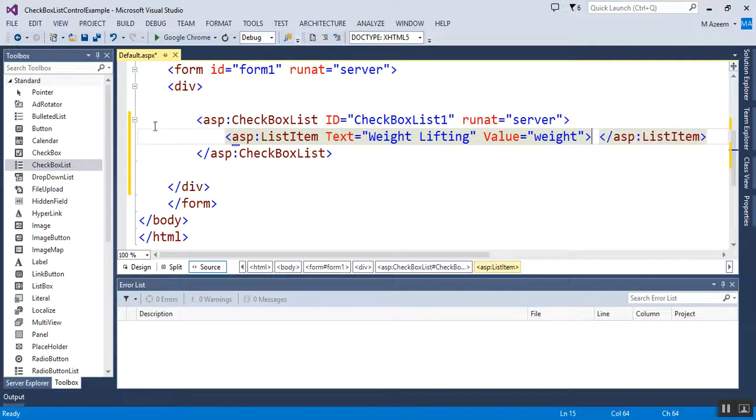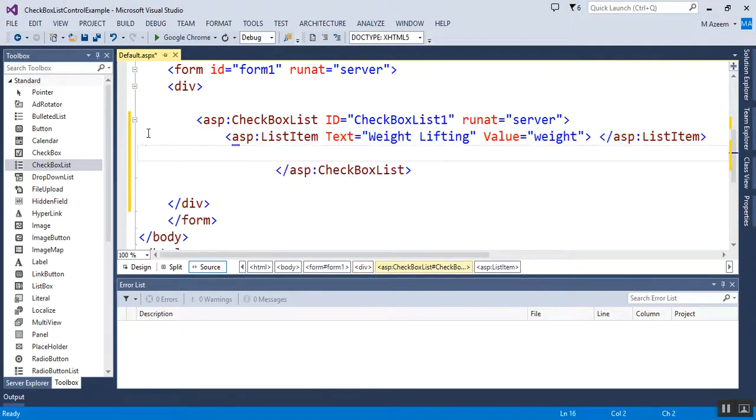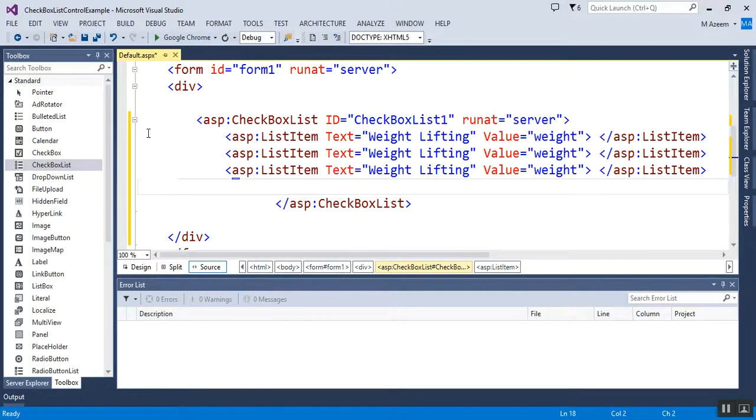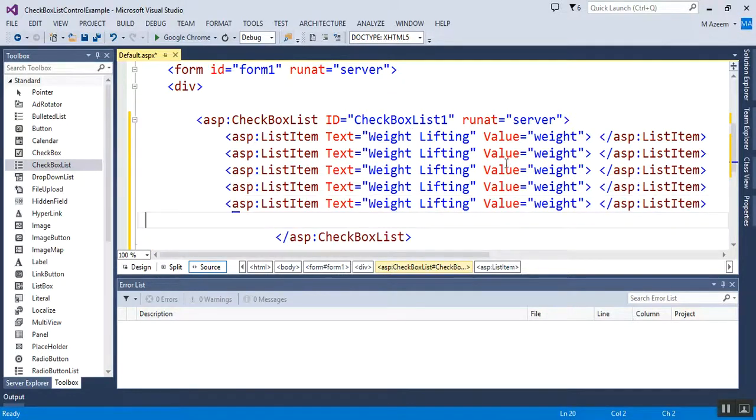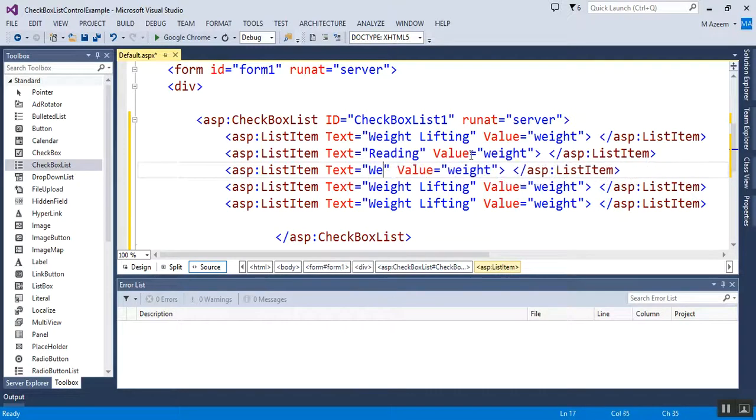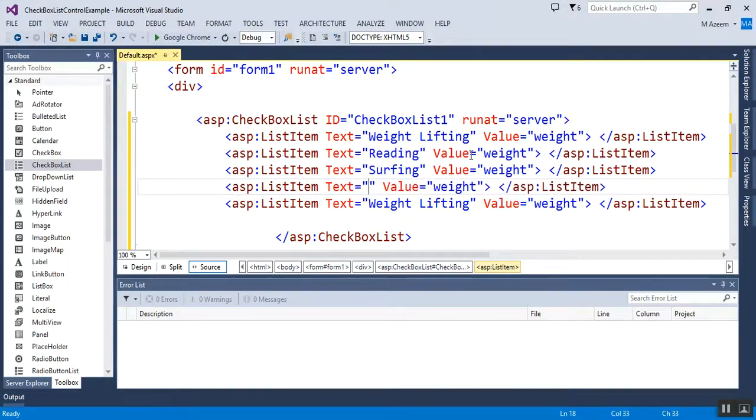To save time, I just copy this one and paste it here. Something like this. We have weightlifting, reading, surfing, music, movies,